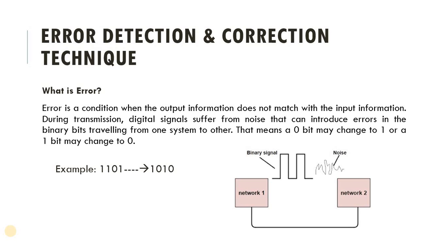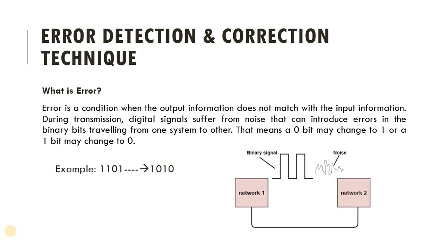In this lecture we are going to start with the new topic, which is error detection and correction techniques. As we have already seen, when data travels through the network, it is possible that some error is added to the data. For that there are multiple techniques, so we'll discuss them in this lecture.